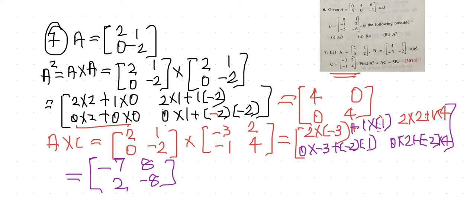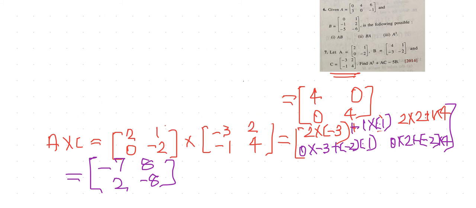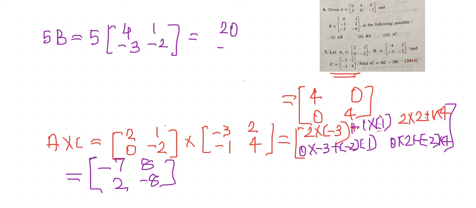And now we will be moving to 5B, because that is also what you have to find out. So write down, I will be keeping this value, children. Okay. So I will be finding out 5B now. So 5B is equal to 5 into, how much is B, children? Clearly B is equal to 4, minus 3, 1 and minus 2. So this is in turn equal to 20, minus 15, 5 and minus 10. Okay. So you got the value of all the individual things.